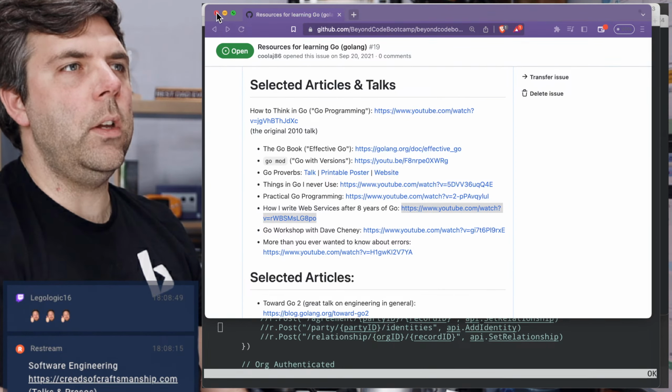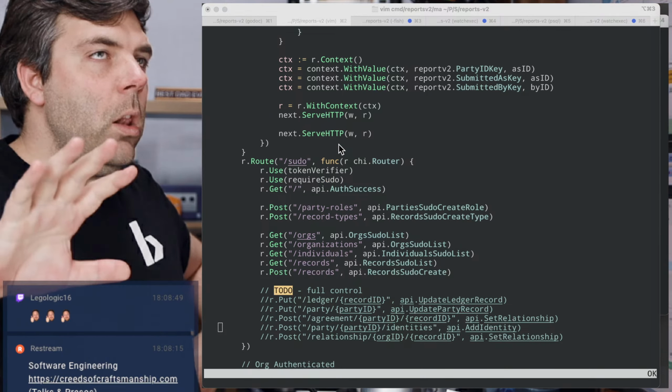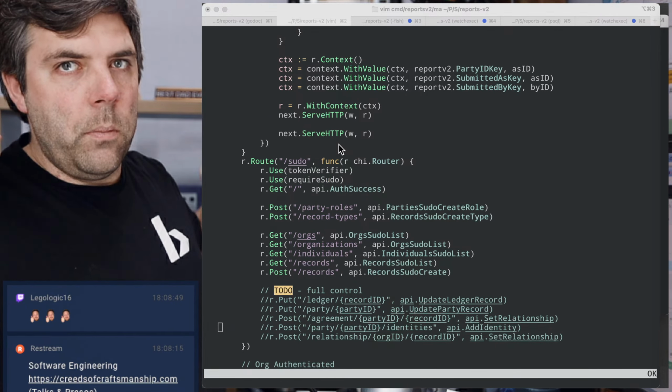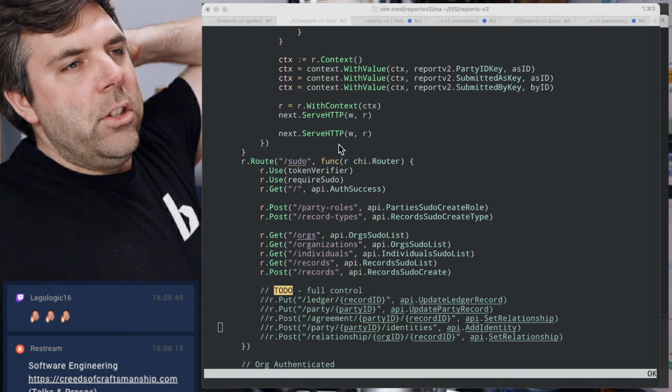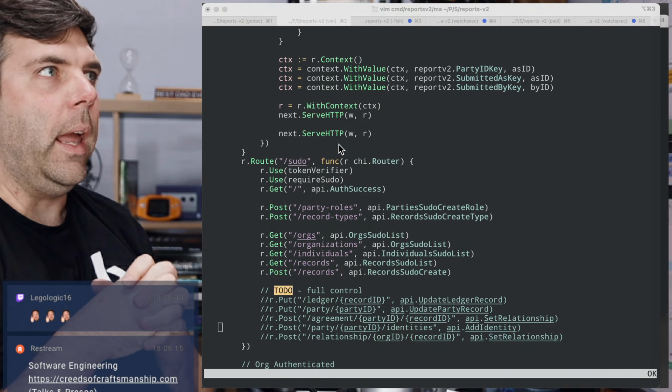But I will give you a brief, which is that all of the routing goes in one file, and all of the authentication is tied to the routing, and everything else goes in other files.